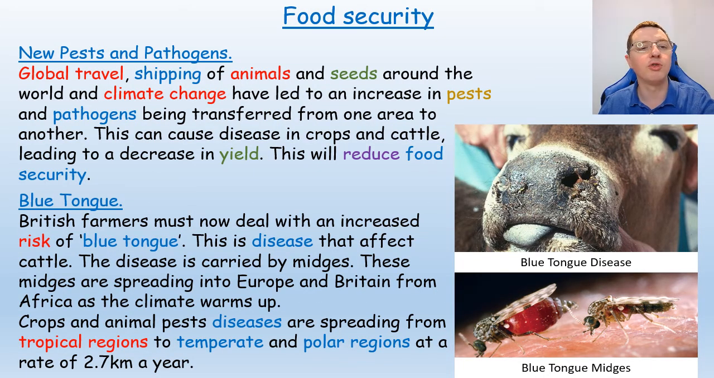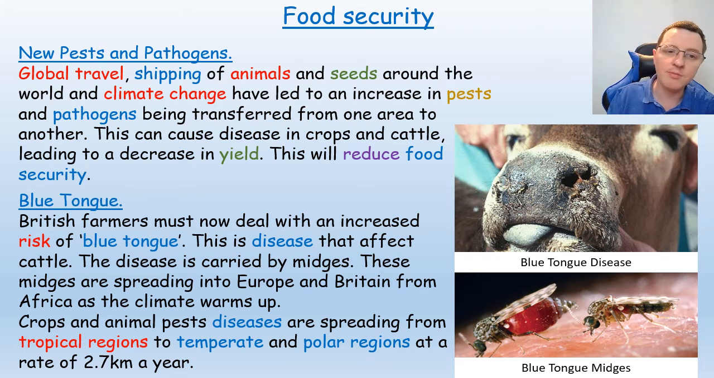Another issue that affects food security are new pests and pathogens. Global travel, shipping of animals and seeds around the world, and climate change have led to an increase in pests and pathogens being transferred from one area to another. And this can cause disease in crops and cattle, leading to a decrease in the yield, the amount of crops and cattle that you can actually grow. And this reduces the amount of food available for people to eat, and so reduces the food security of an